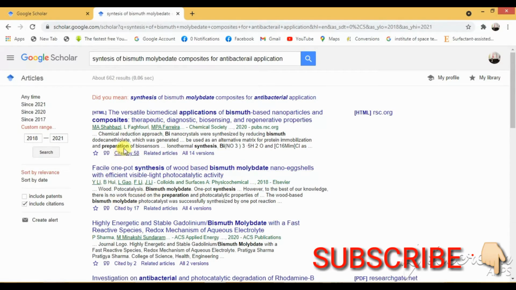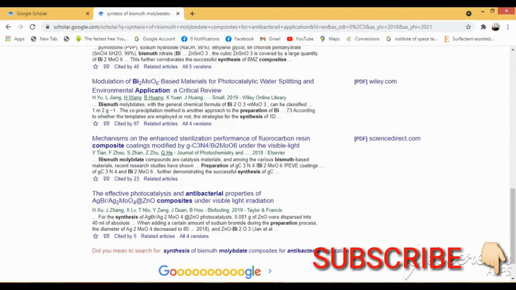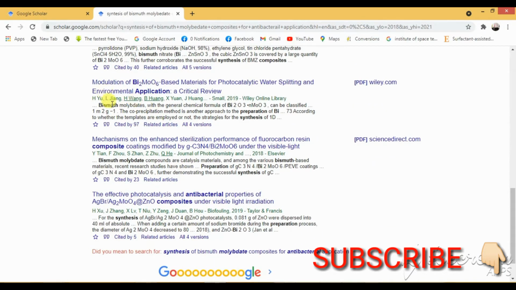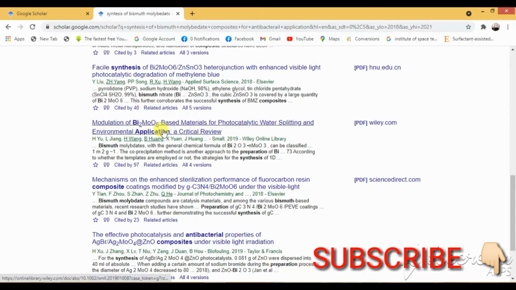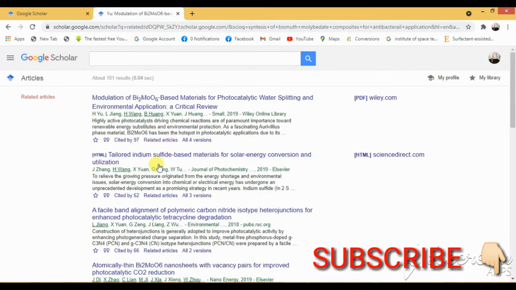The maximum citations are mentioned in this article, which is also relevant to my area of research: Modulation of bismuth molybdate based materials for photocatalytic water splitting environmental applications. So I will open related articles regarding this research paper.